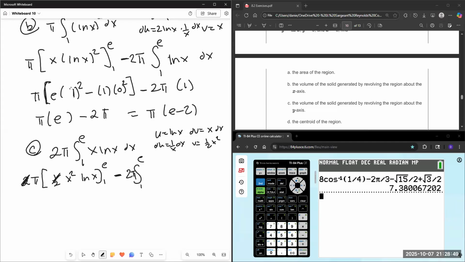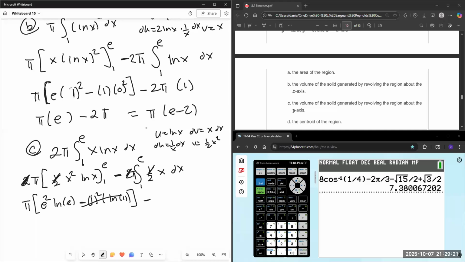So that's going to be 1/2 x dx. So those will cancel. This will be pi times e squared ln of e minus 1 squared times ln of 1, which is 0,